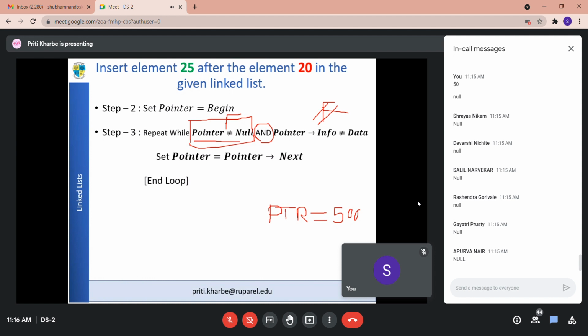Followed the use of the first condition in the while loop? So the while statement has two conditions. The first condition will check whether you have reached the end of the list. That means still you are searching and the element is not present. And the second condition will take you to the particular element, the 20 you mentioned. If the element is present, then the pointer will be stopped at that particular element's address. Okay, so we will continue in the next lecture with the same thing. Please remember the things so that I don't have to repeat everything. Okay. Thank you.